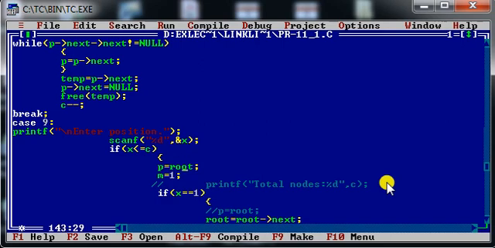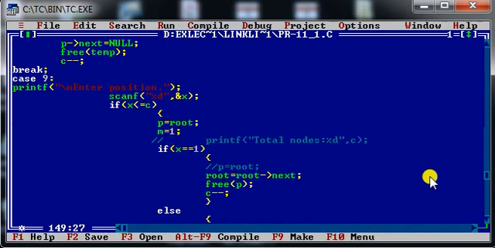Fine. So for that reason, I am initially setting the address of the root node to pointer variable p, right? And at that time I am on the first position. This m represents the position number. So if the user has provided position number 1, then we have to write the logic of deletion from the first node.